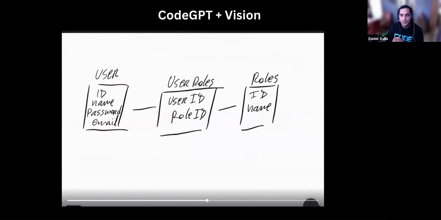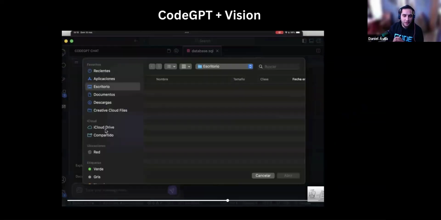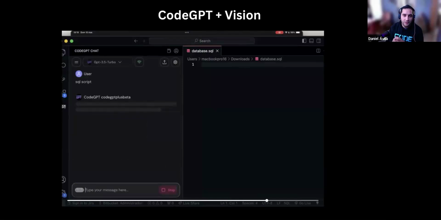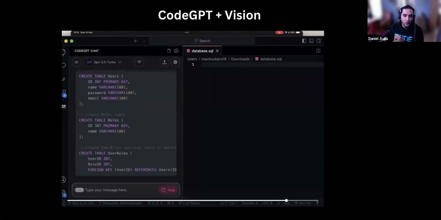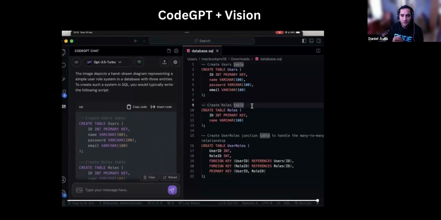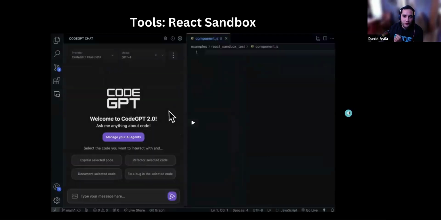Here we could see that the models are pretty good at using images and getting the full information from just a drawing, and getting the full script from SQL. So you could use that kind of feature.